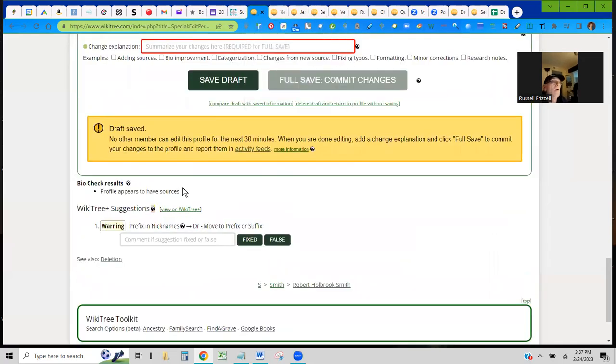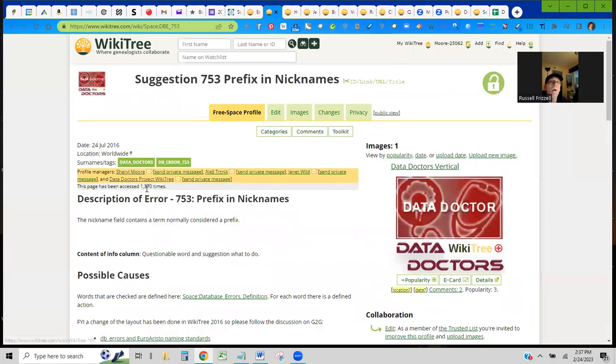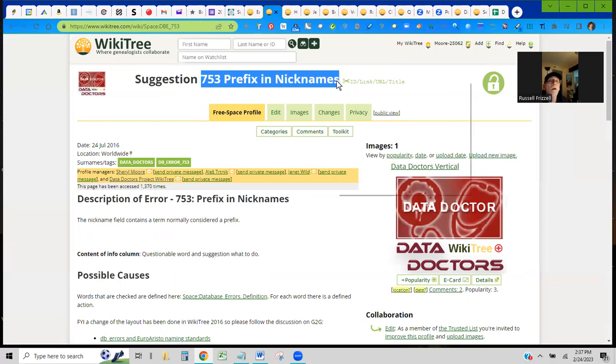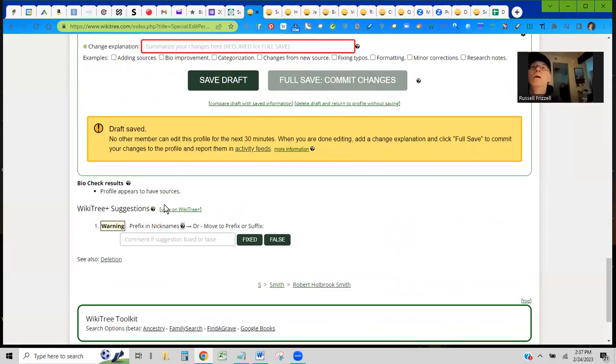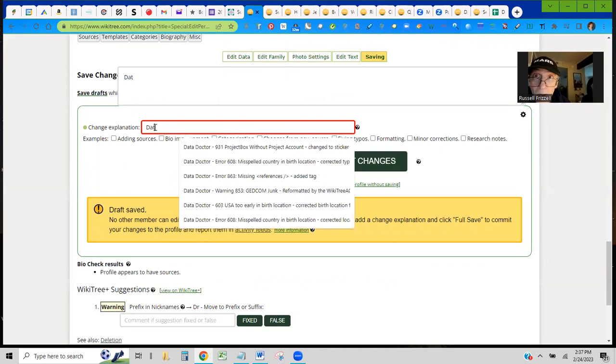And that isn't what I wanted. I want the prefix and names. So this is error 753. And up here, I identify myself as a data doctor because this is not a profile I manage. I add